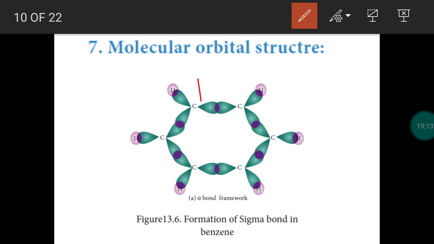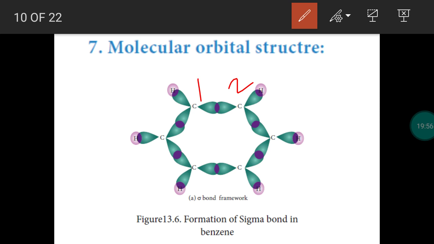So you take first carbon, there are three sp2 hybridized orbitals. Every sp2 hybridized orbital has a single electron. You take second carbon, the same arrangement, three sp2 hybridized orbitals with a single electron. The remaining 2pz orbital has only one electron. The 2pz orbital is not involved in hybridization, it is called an unhybridized orbital with a single electron. Okay, so C6H6 is the molecular formula of benzene. Carbon is involved in sp2 hybridization. There will be three sp2 hybridized orbitals with electrons.